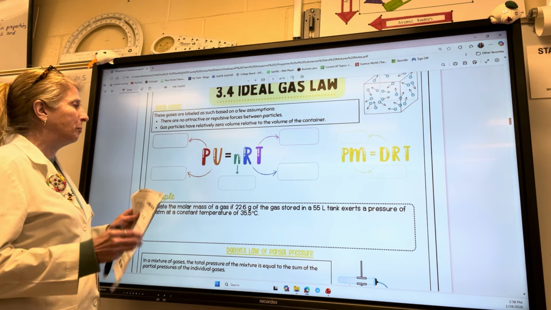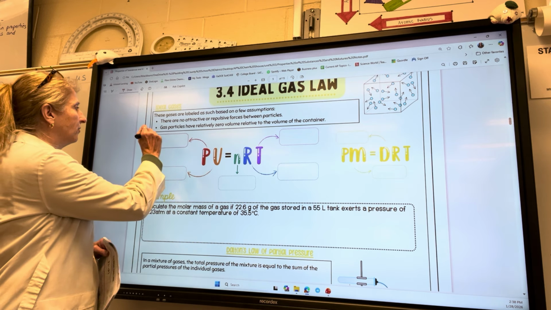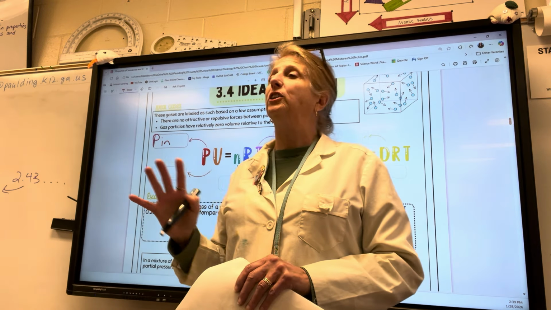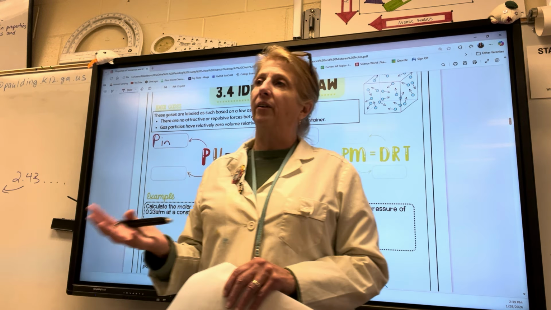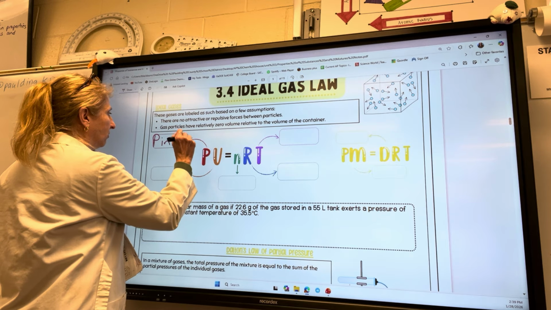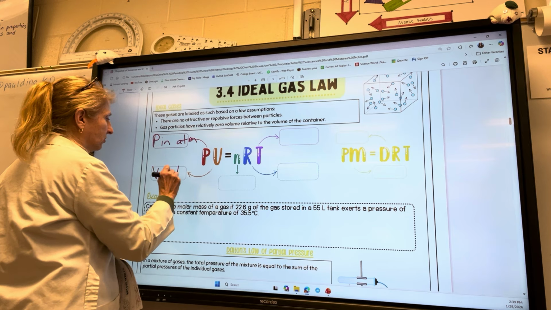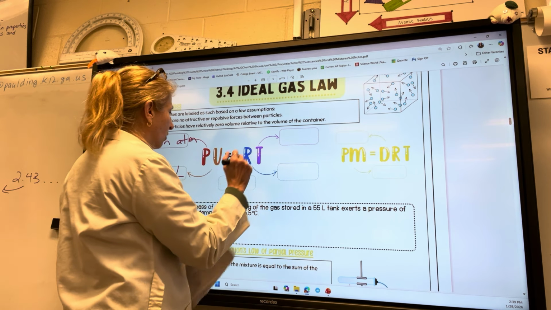Okay, so here's our ideal gas law. PV equals nRT. What does P stand for? What units? Okay, so this is a little bit different. So it's pressure, and remember in honors chem, when you learned this, there were a bunch of different units for pressure. There was atmospheres and millimeters of mercury and a whole bunch of them, right? Pascals. This is one nice thing about the AP test. There's only one unit of pressure, and it will be pressure in atmospheres, okay? V is the volume, and it will be in liters, okay? N is the number of moles,